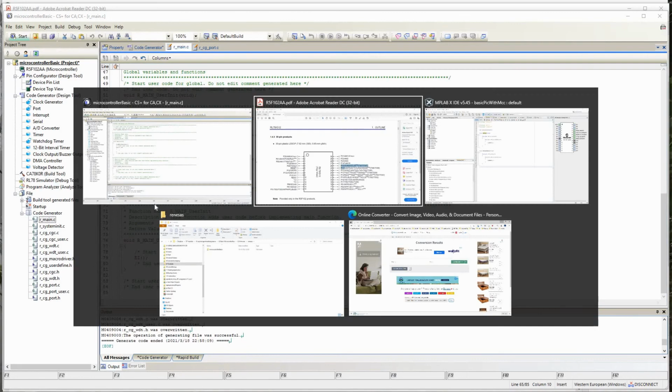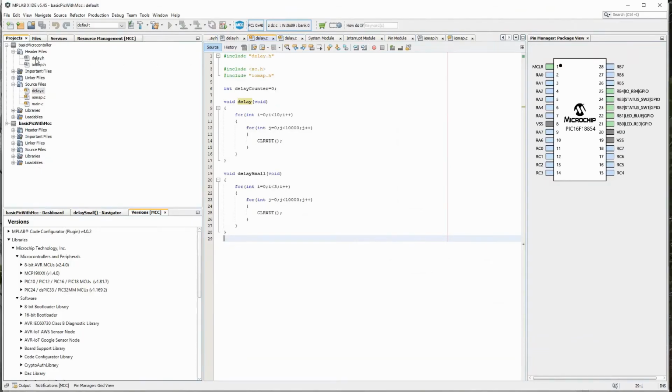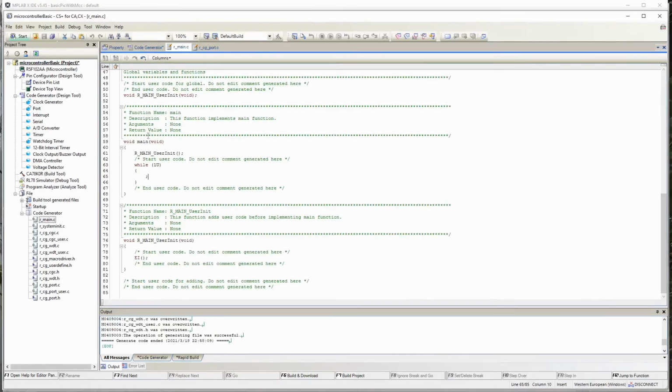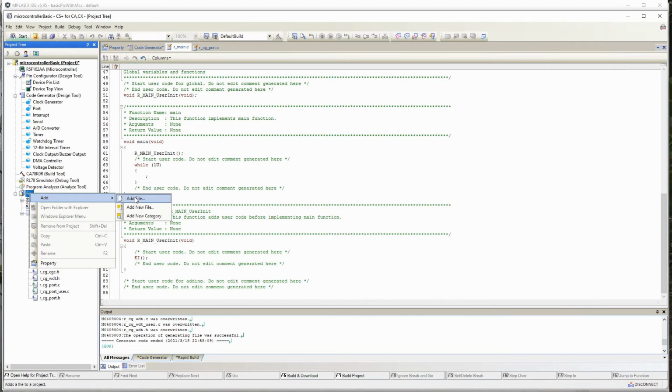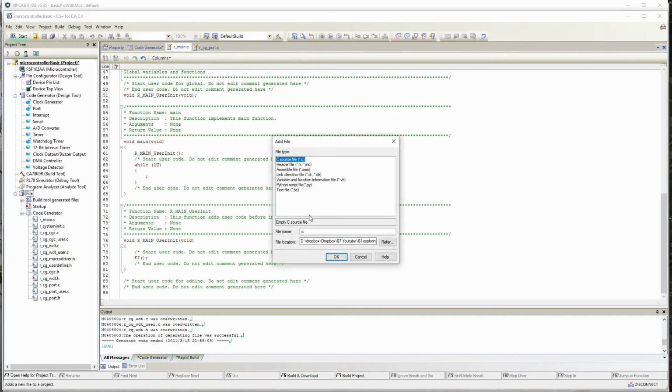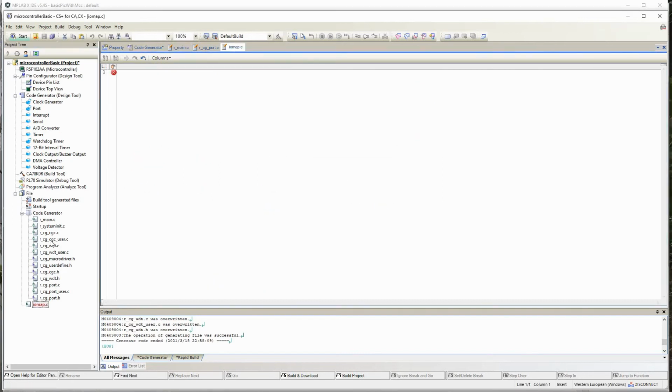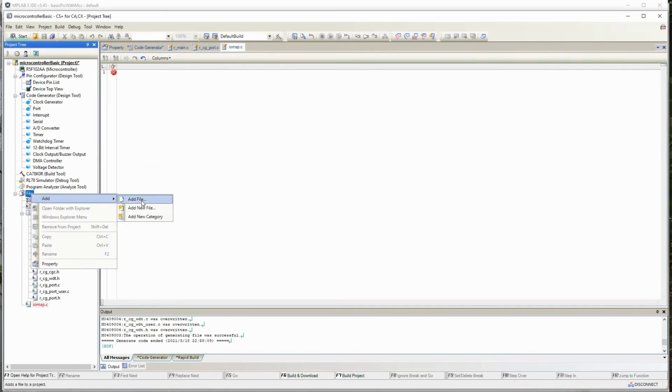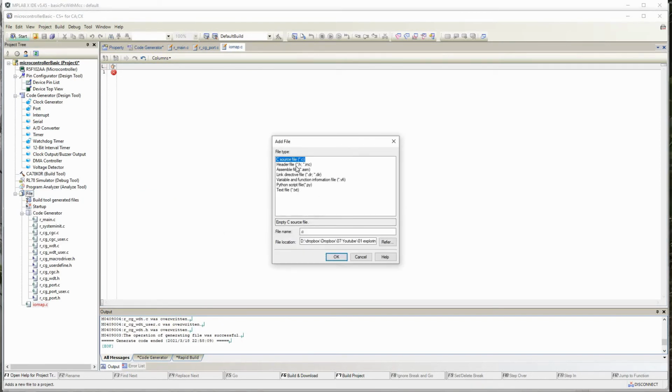Now after this, let me create the first two include files that we did in Microchip, which were iomap.h and iomap.c. So let me create the iomap files. You have to come here and add new file. If you already have a file, you can add it from there. Add new file, I'll do a .c file and add iomap.c, and let me add iomap.h also. Add new file, header file.